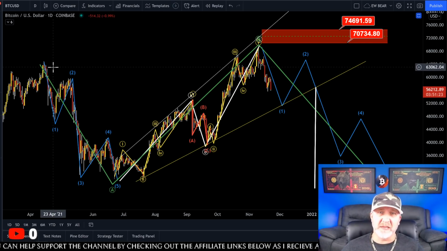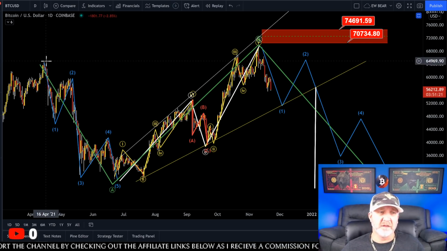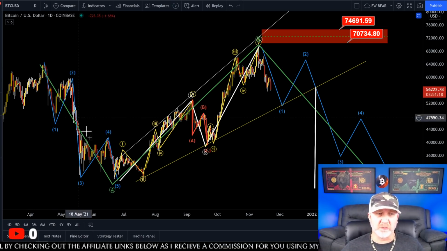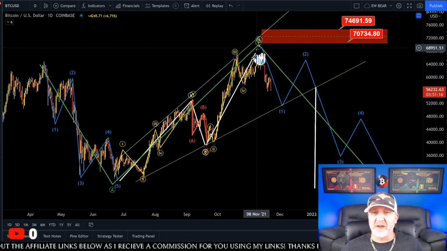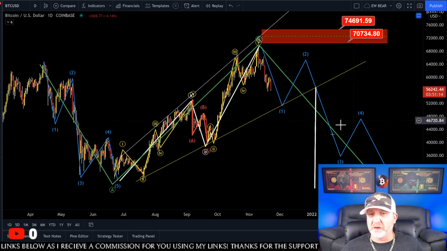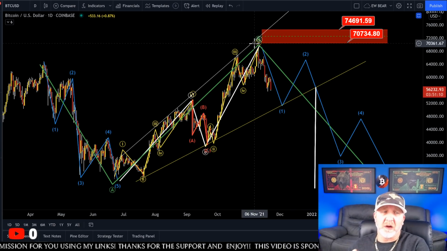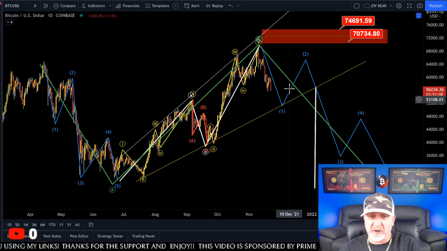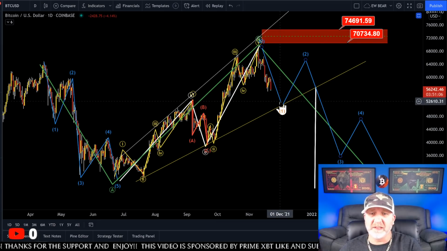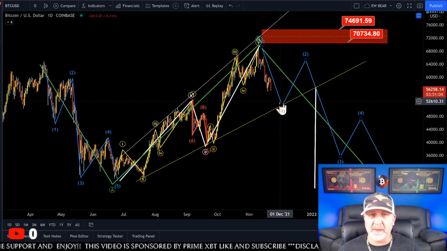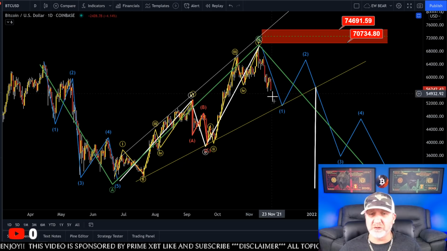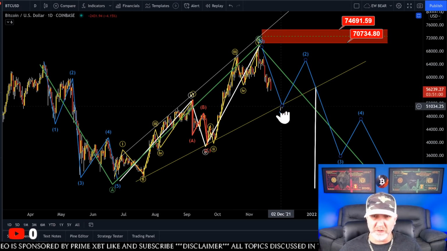So to me, what I believe we have here is an irregular correction with 5 waves down, 3 waves up, 5 more waves down is what we're looking for here. As you guys know, we're going to stick around towards the end of the video. We're going to break this down, this 1 wave, and see what we're looking at now and what I'm expecting. But I do think we are in wave 1 down.